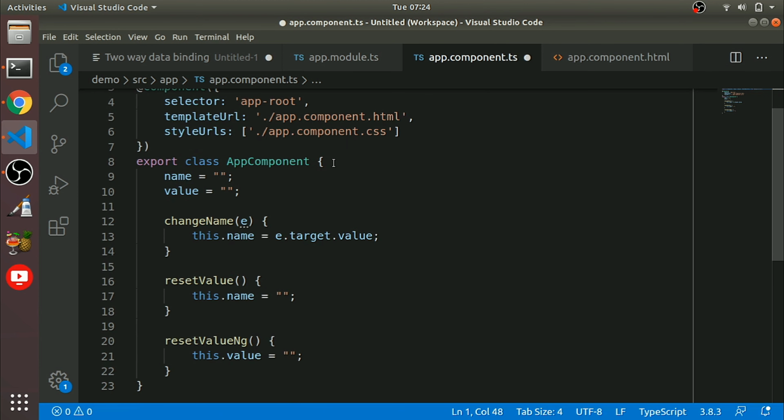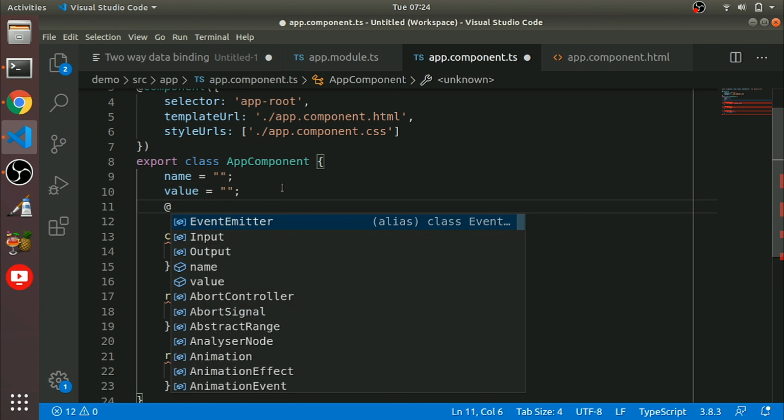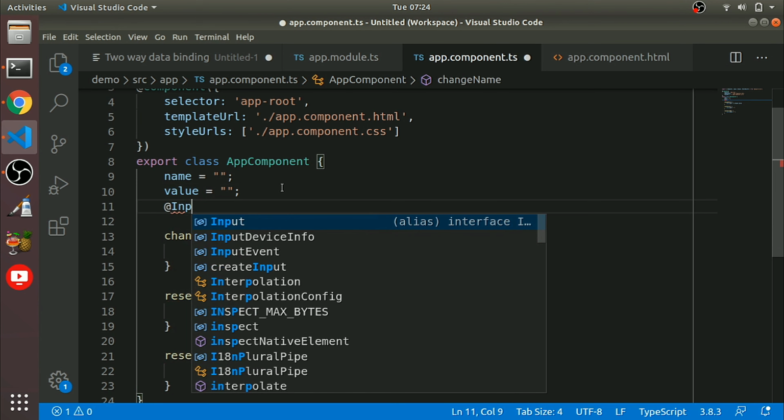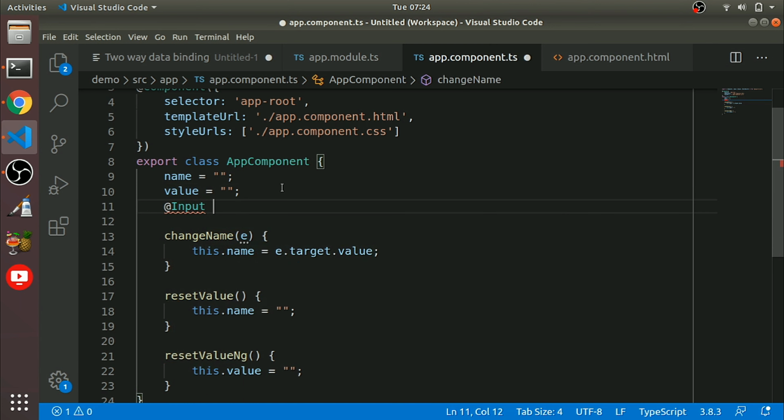So what we will do here, we'll do an input. If you see this, then you can understand how ngModel is doing two-way data binding.